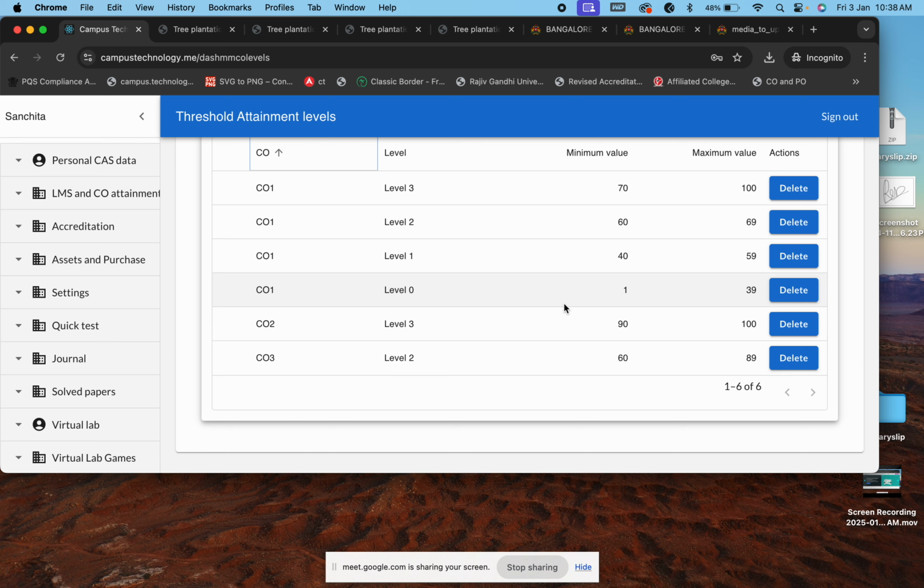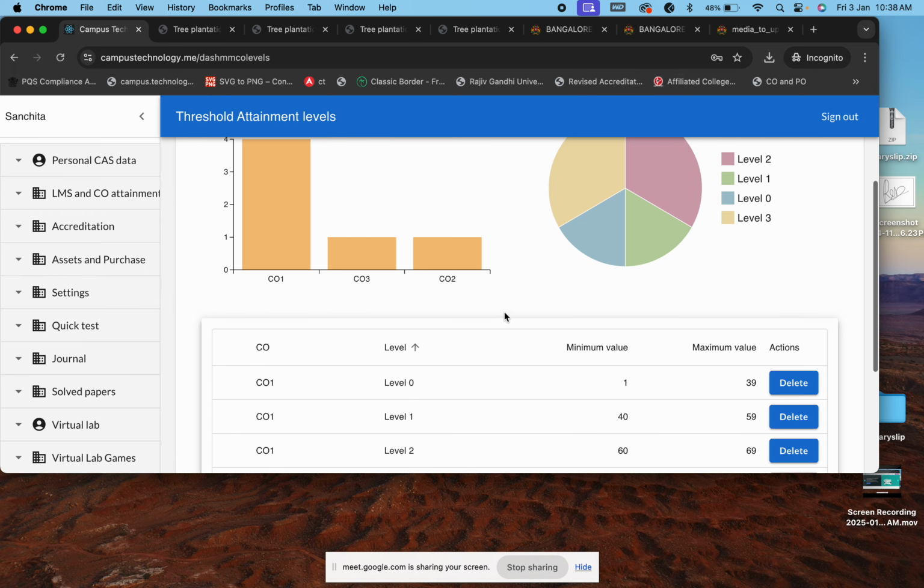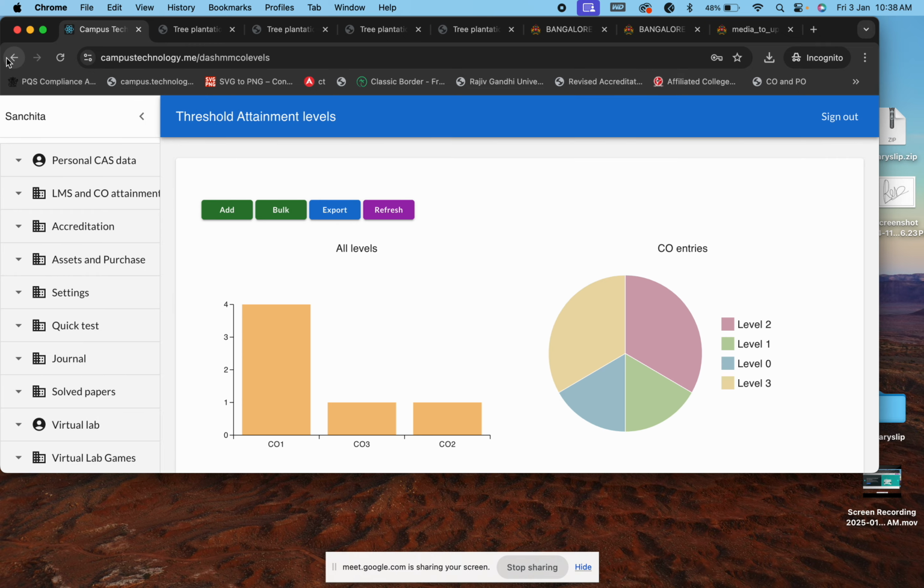You cannot change the levels every year. So if you set this as your level, or let's say instead of 100, you make this 80, now this is set. This is your level. By the time they graduate, they should go from level 0 to level 3, or level 1 to level 3. Your target is to go to level 3. Whatever levels you set here, essentially that shouldn't be changed.